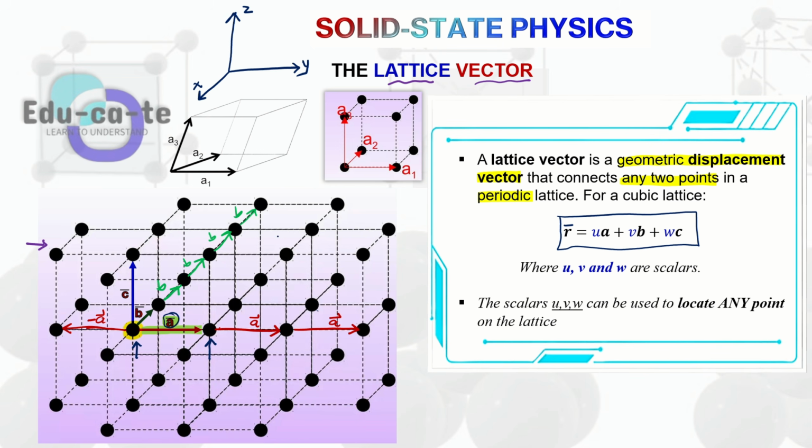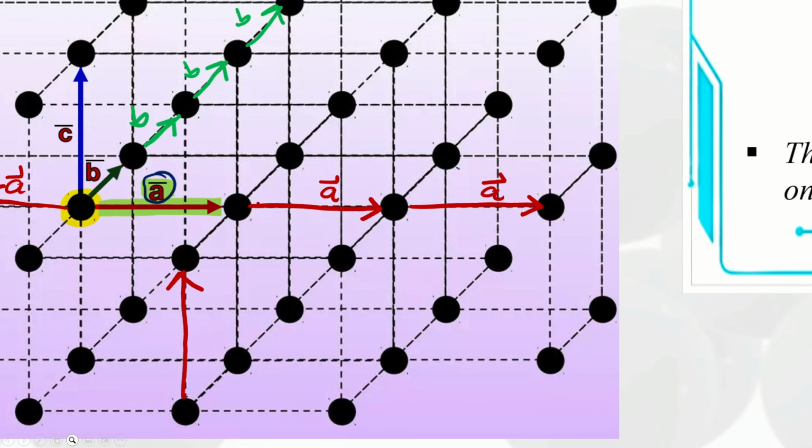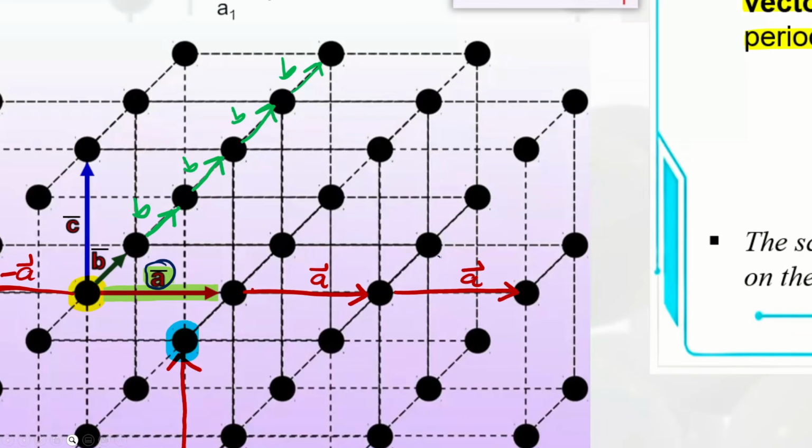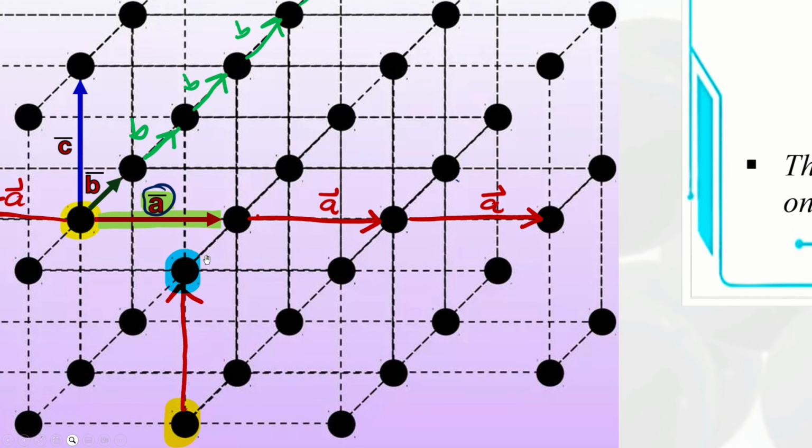If you move along the z-axis, let's just say I'm here and then I move up in this way. So this movement along the z-axis from this lattice point to this lattice point, let me just highlight them for you so that you can see them clearly. From this yellow lattice point to this blue lattice point, my movement is going to be equal to this vector C. It just depends on what your reference is or where you are starting with this movement.